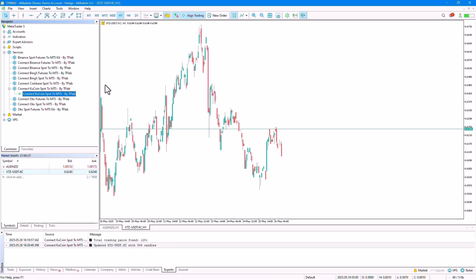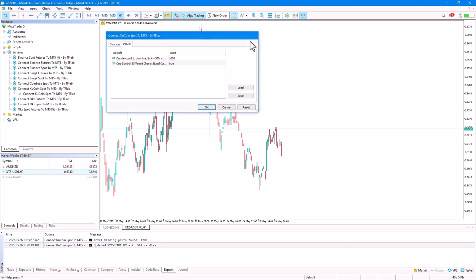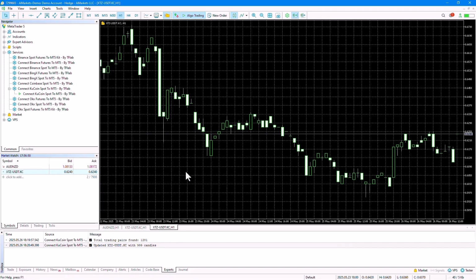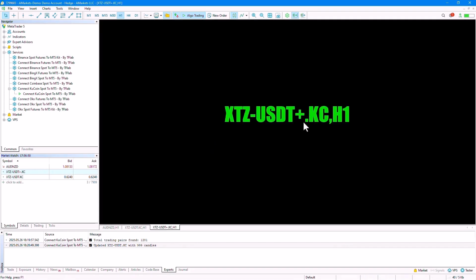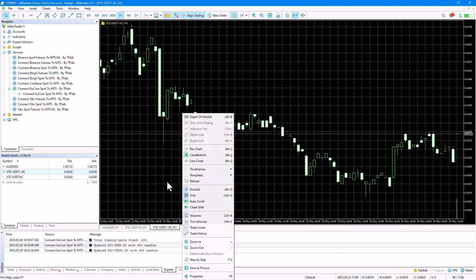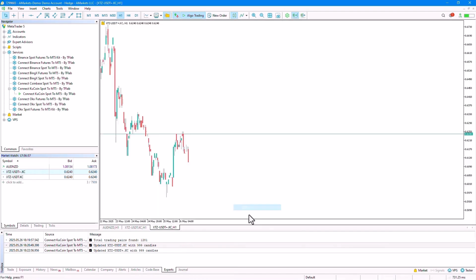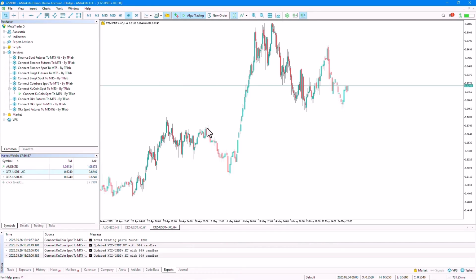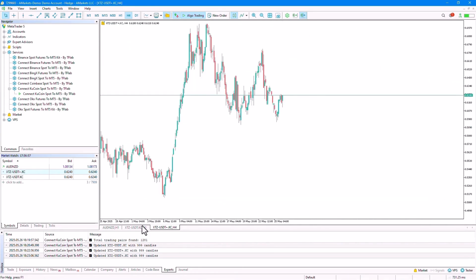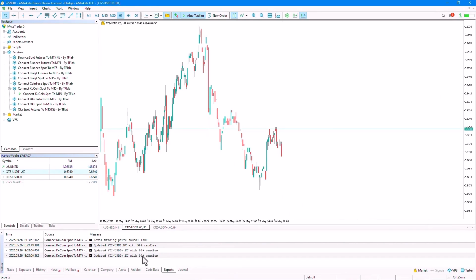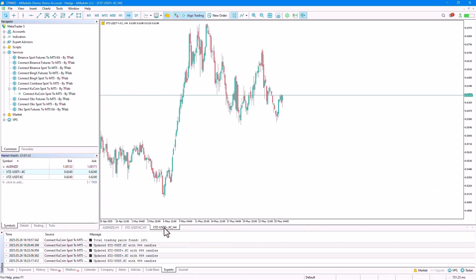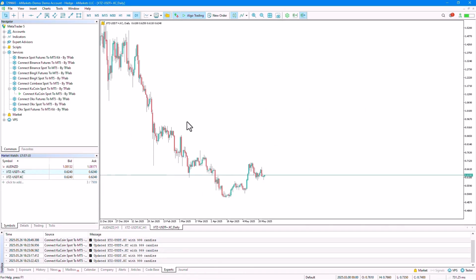To make this even clearer, I'll go ahead and open a second chart of the same symbol for demonstration purposes, which will then display the second chart for me using the plus icon. Basically, I can switch between different time frames, and in both charts it will display 999 candlesticks for me. However, if I set this option to false,